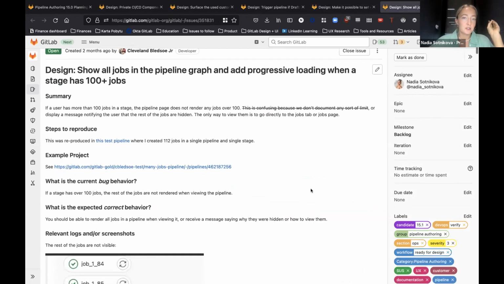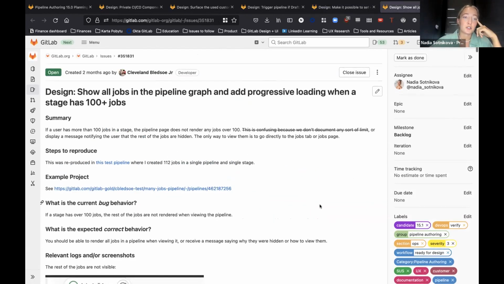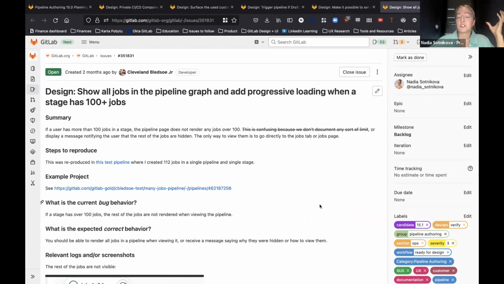Another issue that I will be working on is showing all jobs in the pipeline graph. Currently, if you have a stage that has more than 100 jobs, we only show the first 100 jobs in the pipeline graph on the pipeline page. It's done mainly for performance reasons, and there's currently no pagination in the pipeline graph. We want to introduce that. It might be some kind of lazy